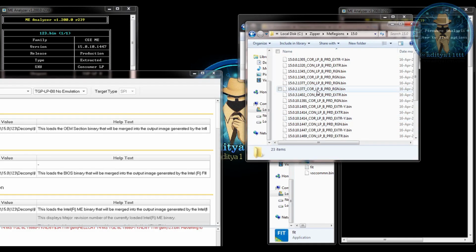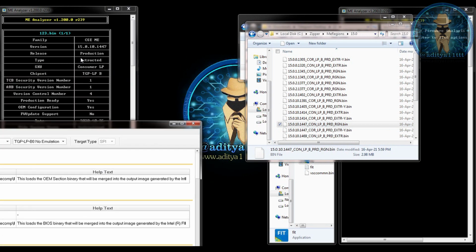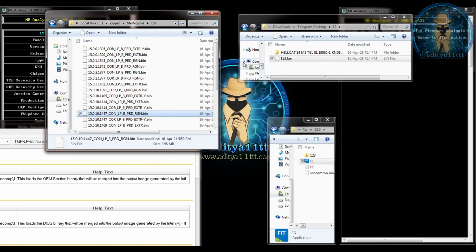So I'll search for my exact number of the repository file, that is 15.0.10.1447. This I have got. Now this is consumer LP. Okay, now you can see over here this is also consumer LP. So I'm just going to copy this file from here, Control C, and I have to go to this folder again.